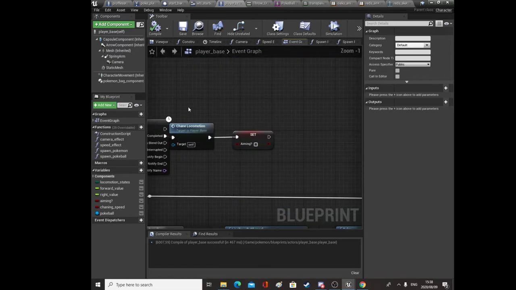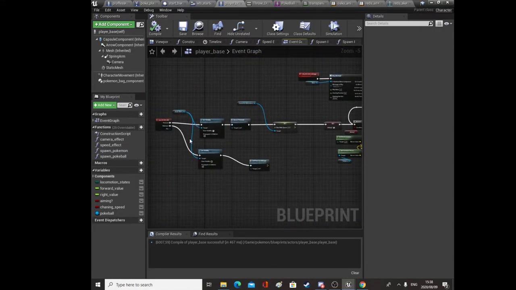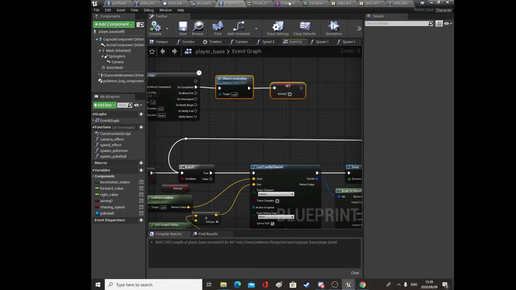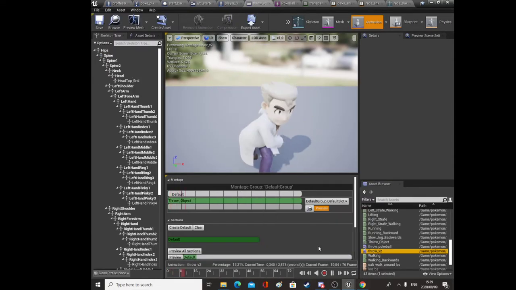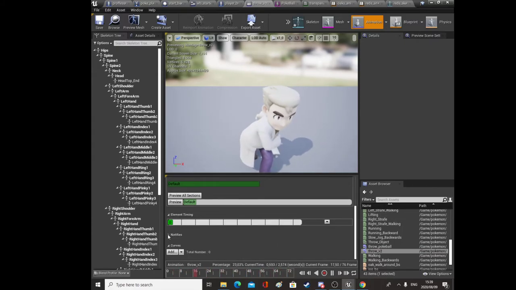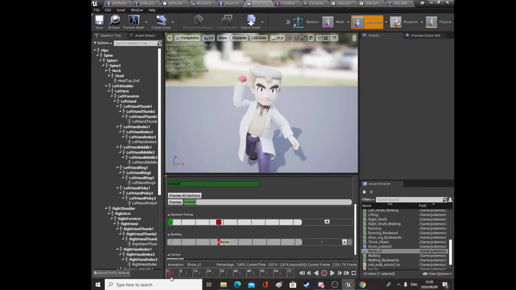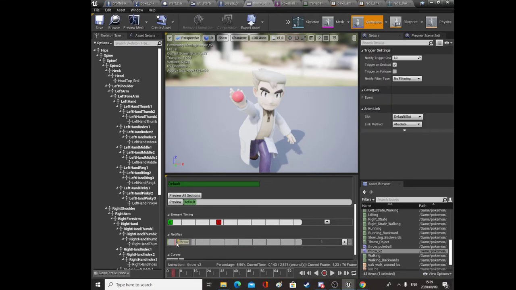And the Pokeball will destroy himself, so we don't need to do that. But we will move it to somewhere. Alright. So we're going to go into this montage. So throw v2, and we're going to add a notify, new notify, and we're going to call this throw, and we're going to throw it right where we throw the ball, right about there. I think we'll be fine,